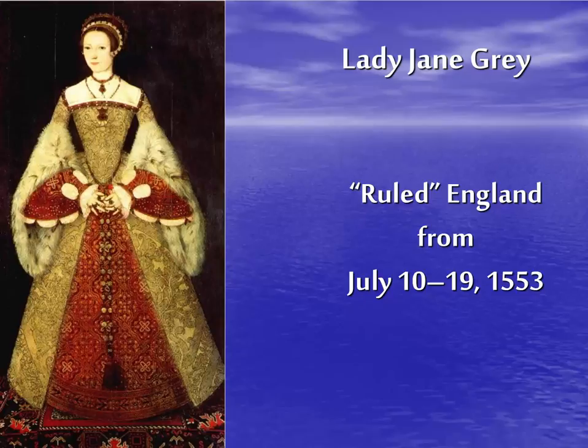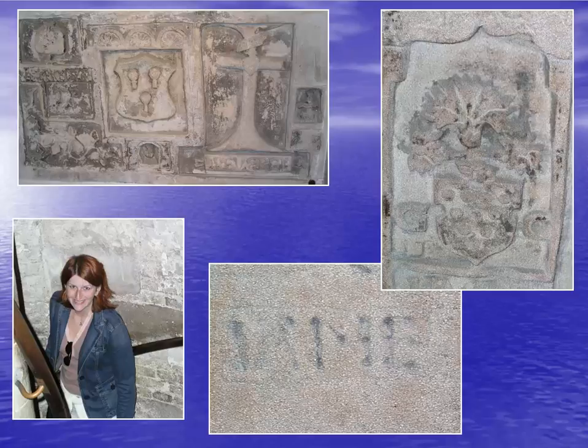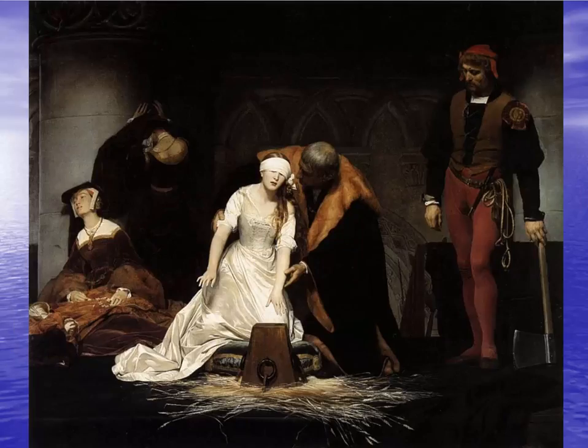So Jane is imprisoned, her husband is imprisoned. These are etchings in the Tower of London, because she was kept in the Tower of London. They could see the etching of Jane that was made by her husband. And these are some of the other family shields, family crests that were made by various different prisoners when they were held in the Tower of London. She is executed. This is a later, romantic painting of Lady Jane Grey. And like I said, she is kind of a victim of her family.